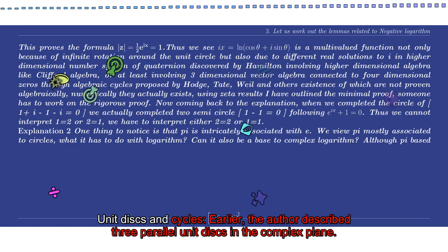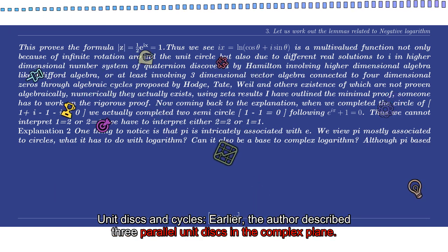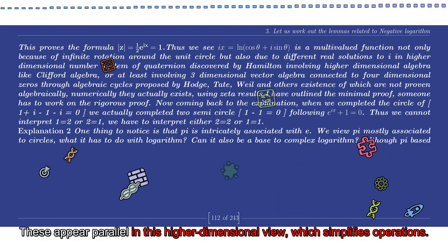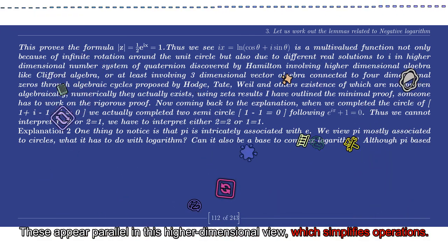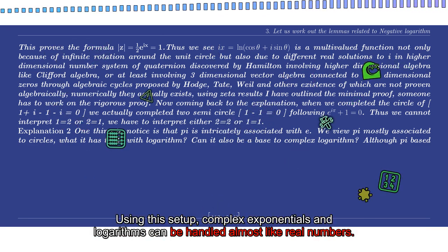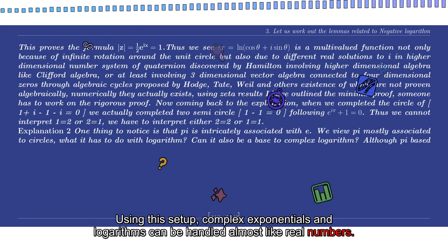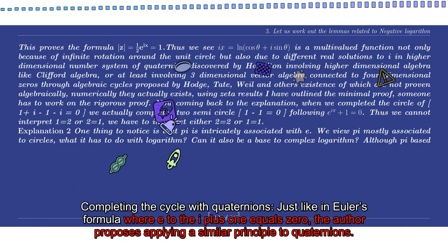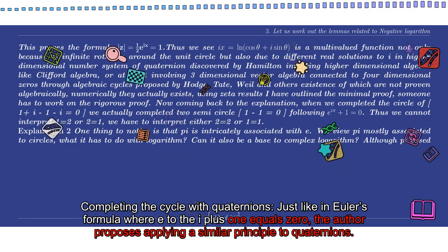Unit disks and cycles: earlier, the author described 3 parallel unit disks in the complex plane. These appear parallel in this higher dimensional view, which simplifies operations. Using this setup, complex exponentials and logarithms can be handled almost like real numbers. Completing the cycle with quaternions, just like in Euler's formula where e to the i pi plus 1 equals 0,